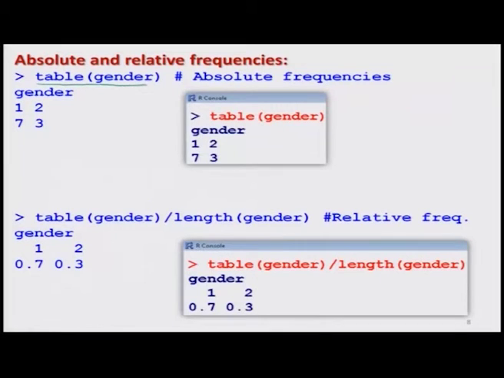So, now what I do here is try to find the table of gender, and you can see here I get this type of outcome.